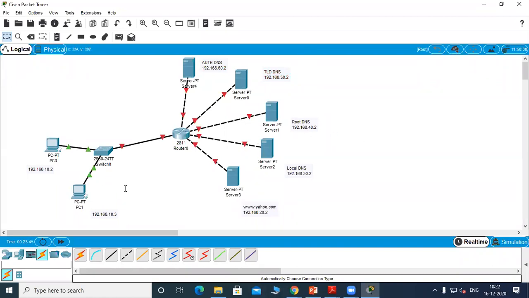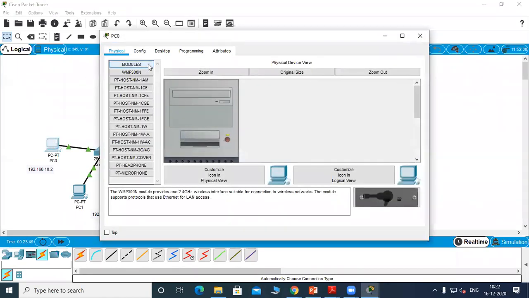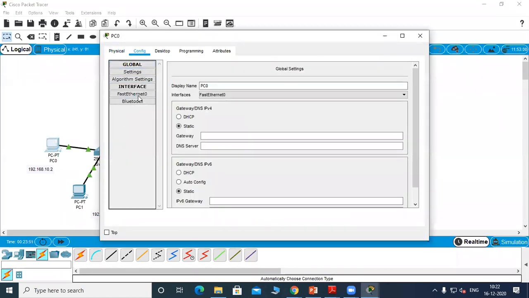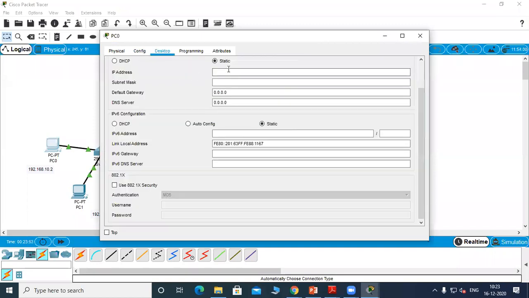Now we'll configure the IP address and the gateway address, starting from the PC. Let the gateway address be all 1. So this is 10.1.